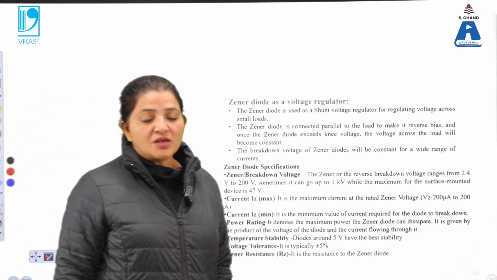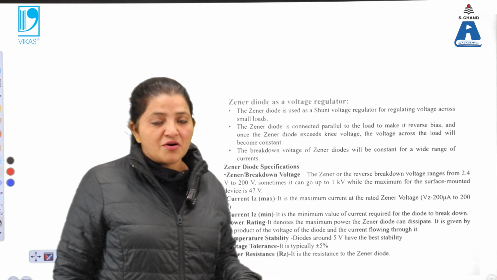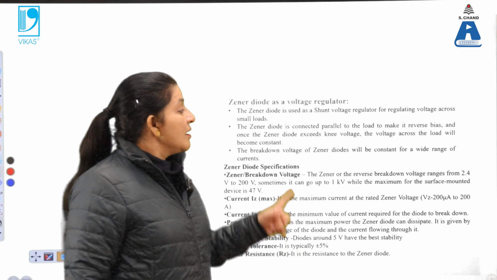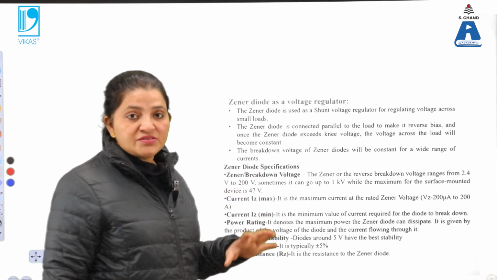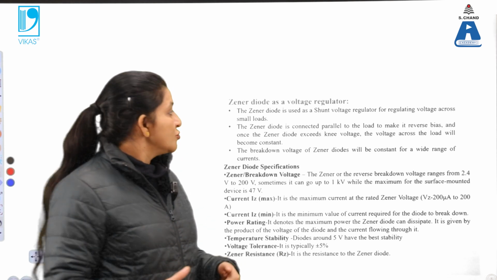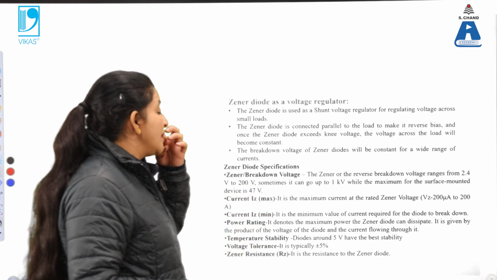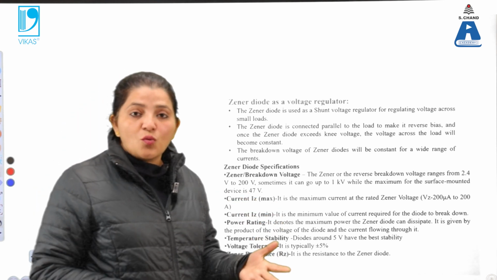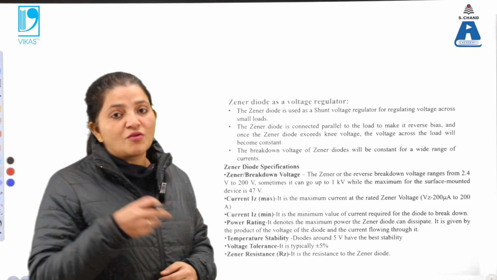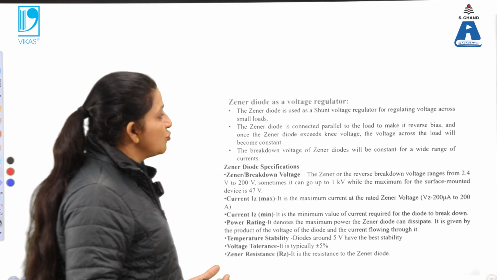We know that the PN junction diode, due to its working only in the forward direction, can be used as a rectifier, while here we want some circuits that work only in the reverse bias condition. That is known as shunt voltage regulation. So these are circuits which work only in reverse bias, and we want to get a large amount of current in the reverse bias condition. So the Zener diode is used there.